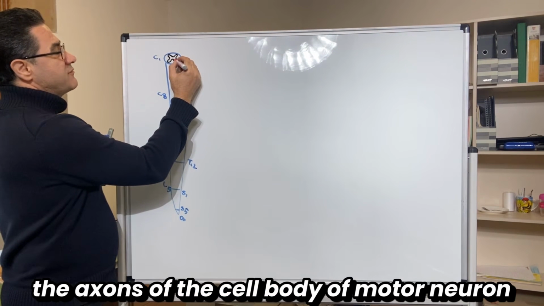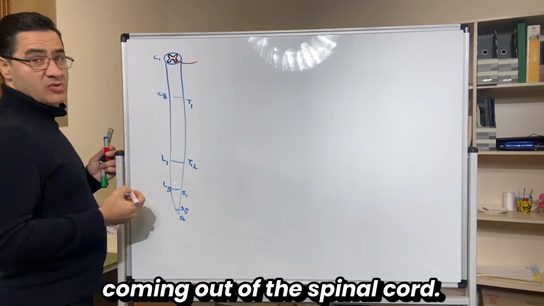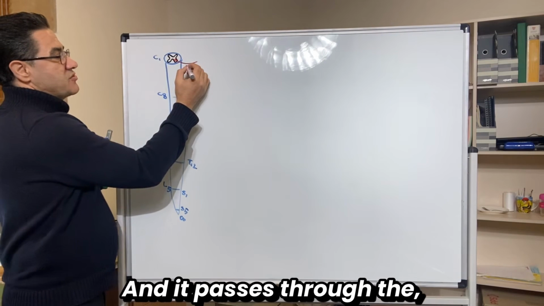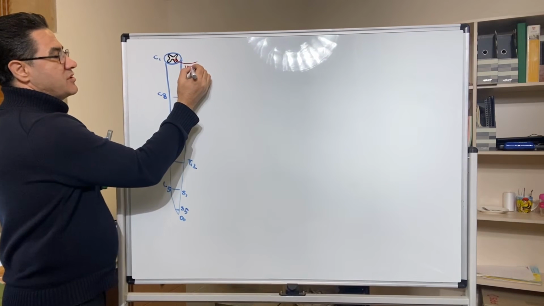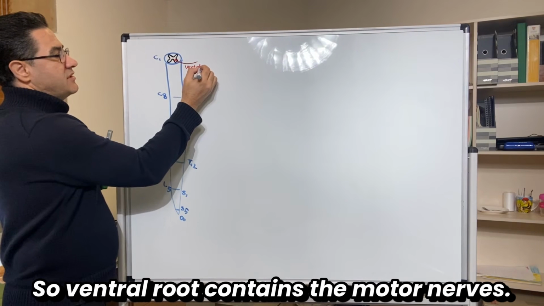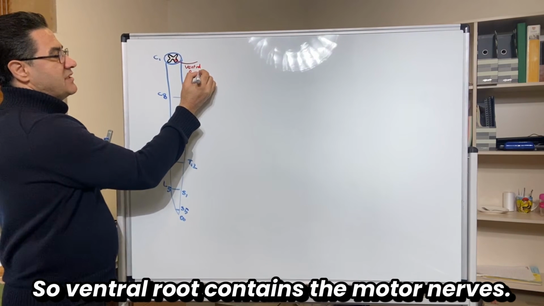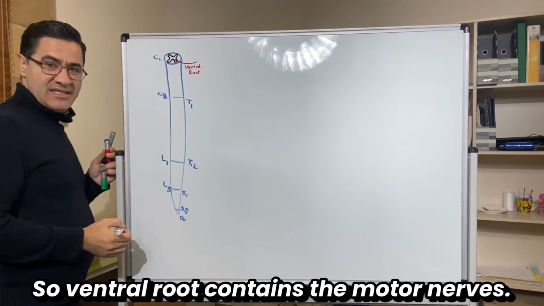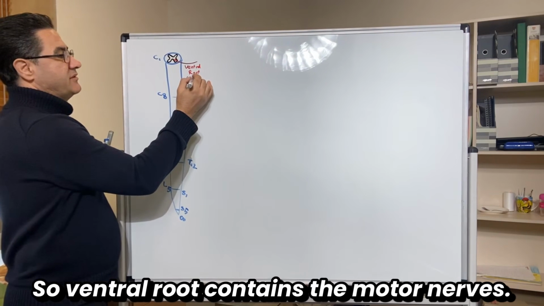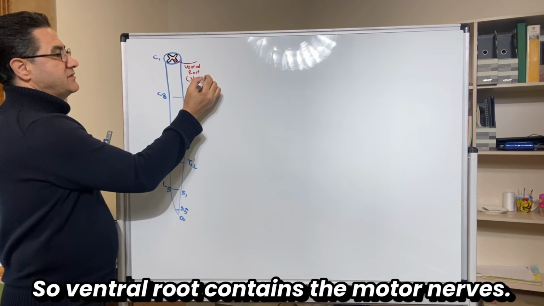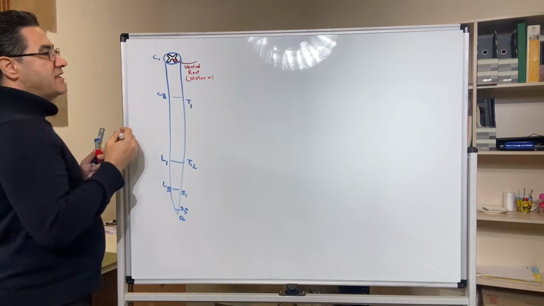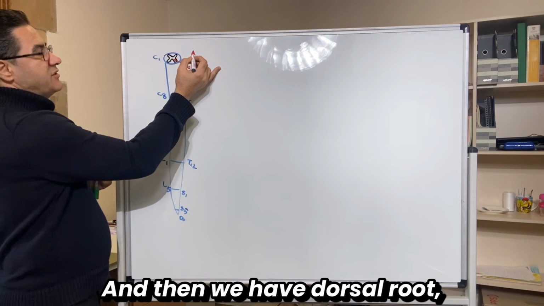axons of the cell body of motor neuron coming out of the spinal cord, and it passes through the ventral root. So ventral root contains the motor nerves, and then we have dorsal root,